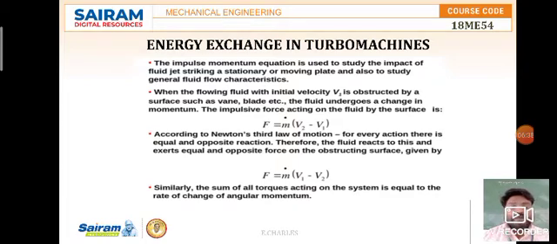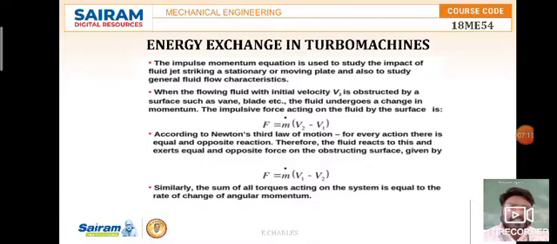Whereas a reaction turbine consists of two different types of blades. One is static, the other is moving. The static one is nothing but the guide vane. We call it a guide vane because it guides the water to flow. It is also called a static blade or a stator. After passing through the stator or guide vanes, the water goes and hits the rotor. That rotor is nothing but the moving blades.